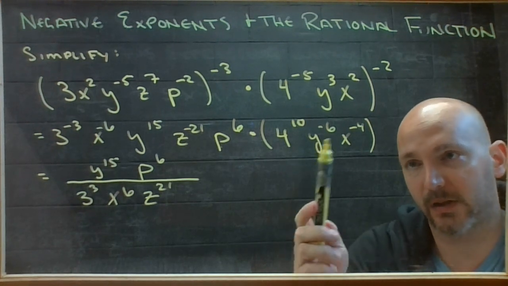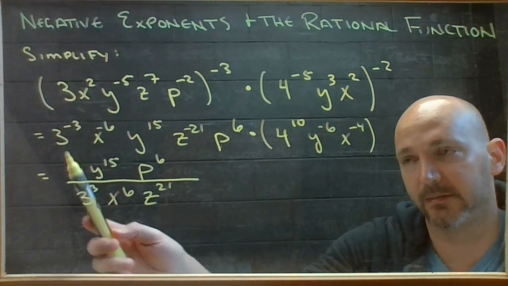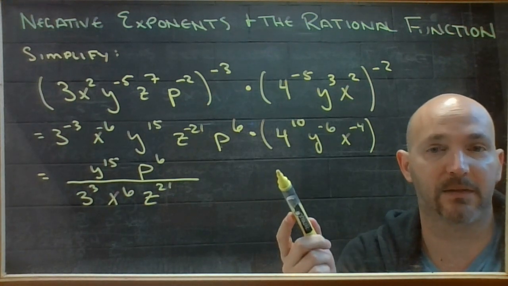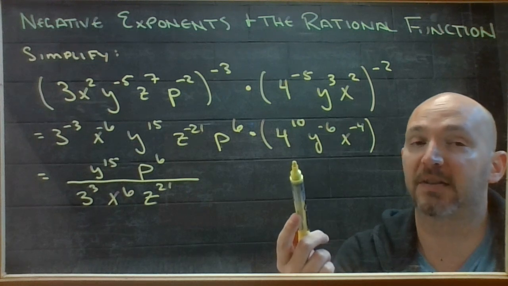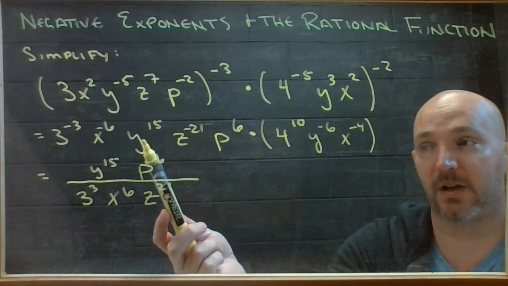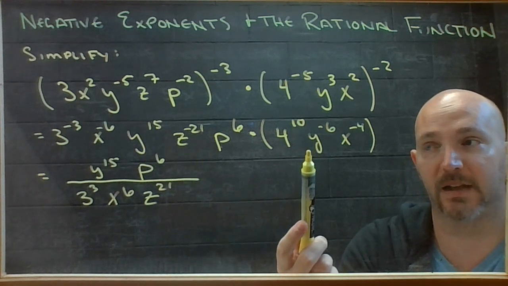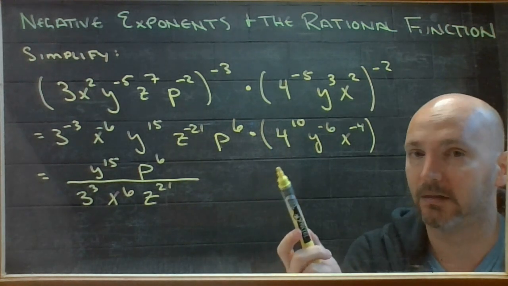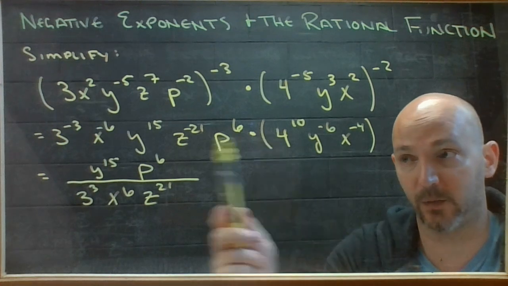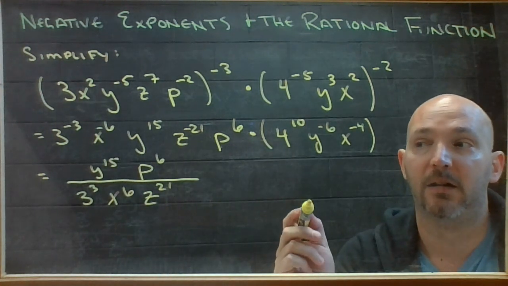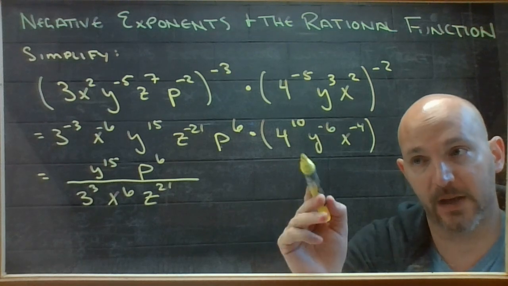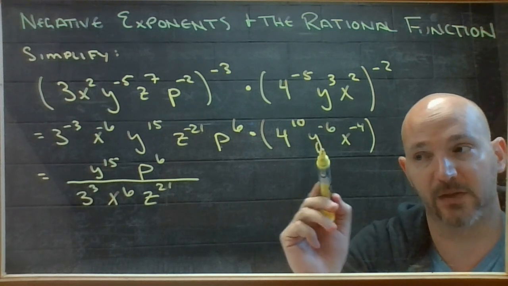Now, if you look across this line, it's hard to see which things divide each other out. And you can just apply the exponent laws, right? Y to the 15 and y to the -6. 15 and -6 should be 9. You can do that if you're going to work in this line. But if you want to be able to see things on top and bottom that divide each other out, I'm going to have to write this in its fraction form. So